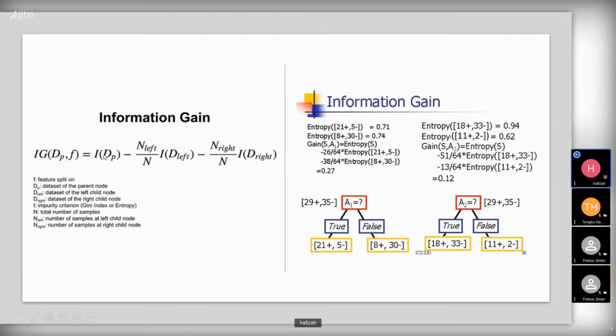This is the impurity criterion, whether you want to use the Gini index here for the parent, or you also can use entropy. It's the same. Then you minus the entropy or Gini index for the left,